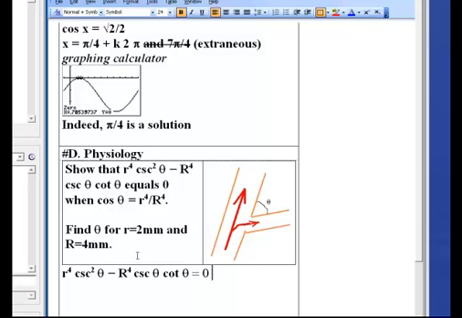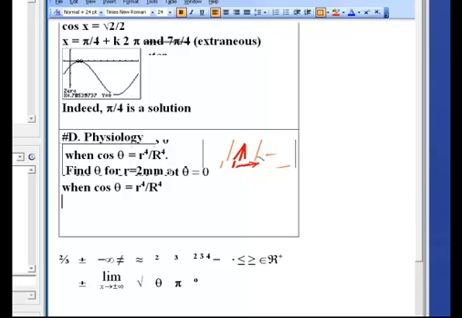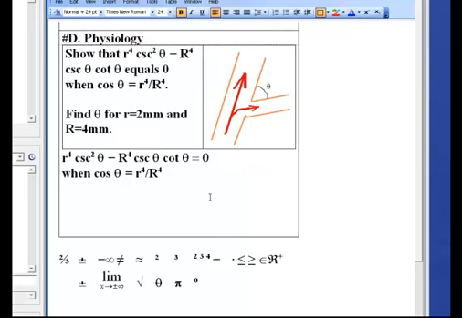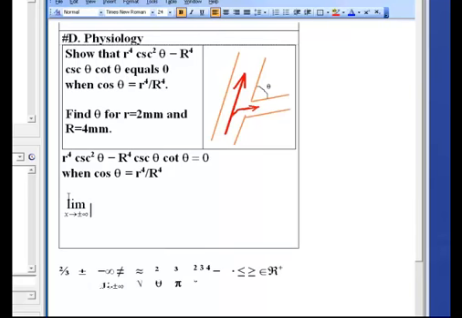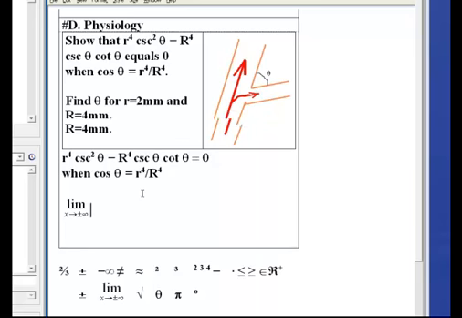What we're supposed to show is that this expression is 0, so that this expression here equals 0 when cosine theta equals r to the 4th divided by R to the 4th. So we'll do that. And I believe I'm going to use the equation editor for that. This one is just to show a neat